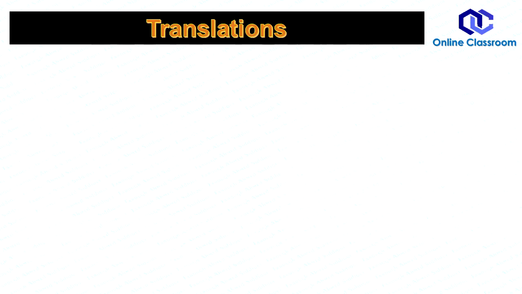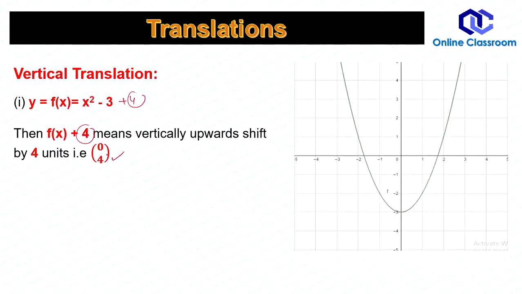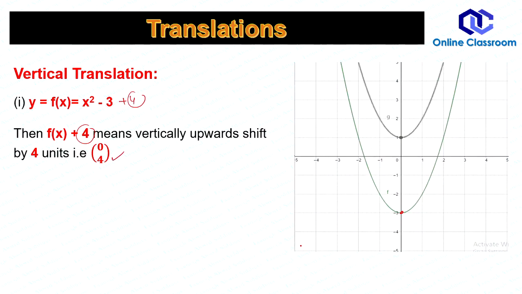Now if I give you some numerical example like this, a function is quadratic here, x squared minus 3, now being added. It means I want to move the whole function 4 units vertically up. See the vector here, the graph is quadratic. You see the turning point at (0, -3). When you add 4, it will go to 1. And this way the function has been shifted vertically upwards by 4 units. This is called vertical translation.